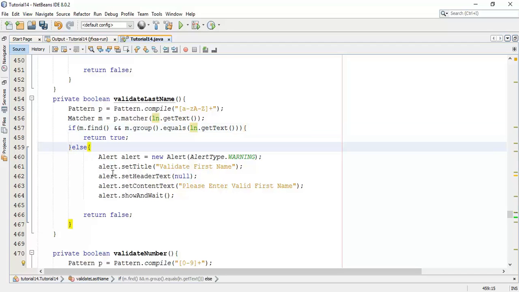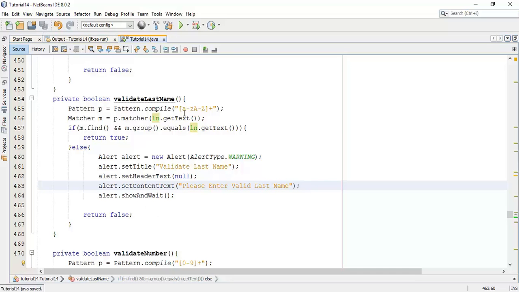If it's false, it enters the else block, and we set validation for last name, generating an alert dialog for validation.